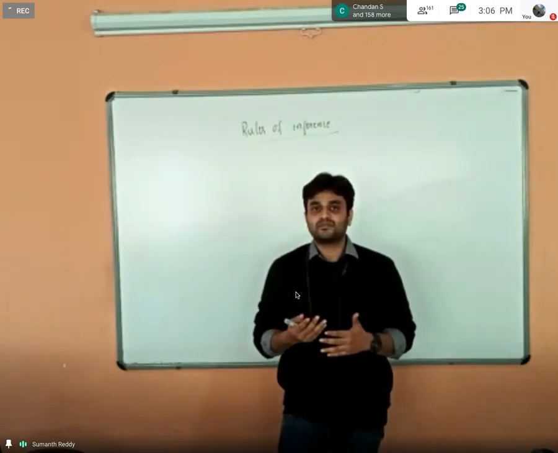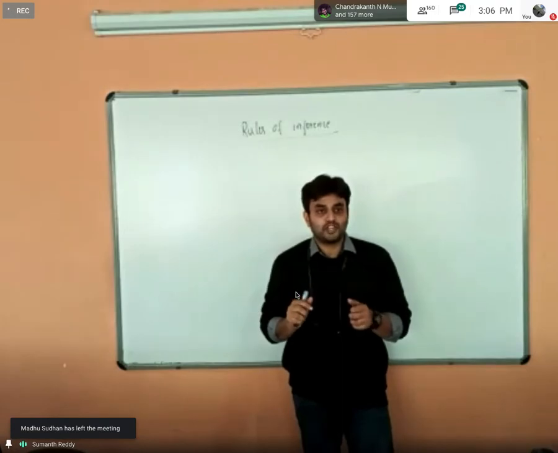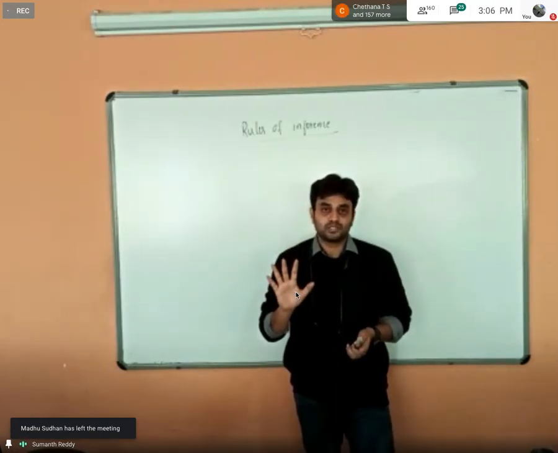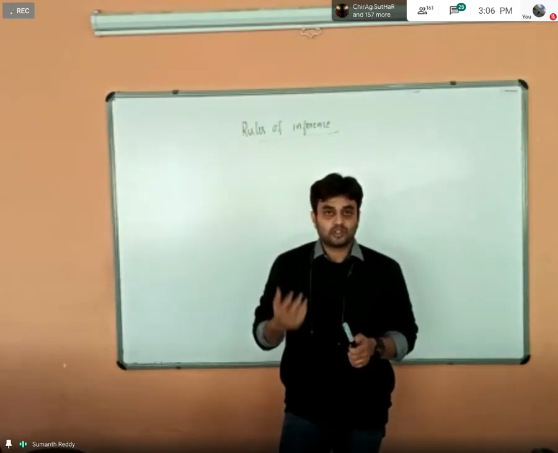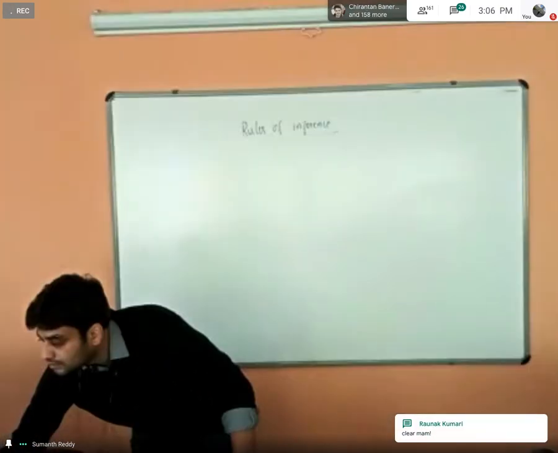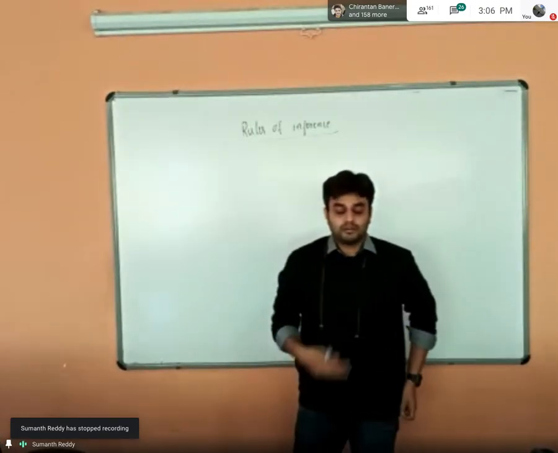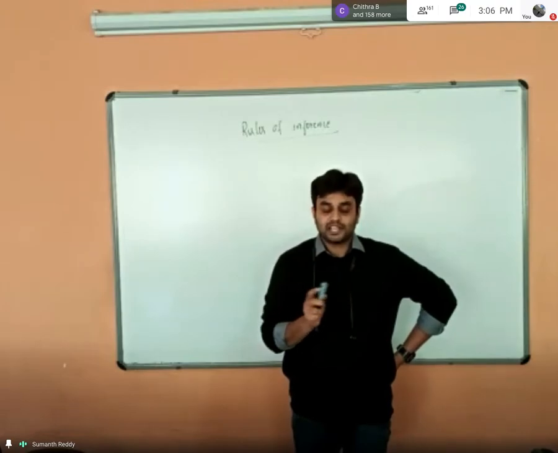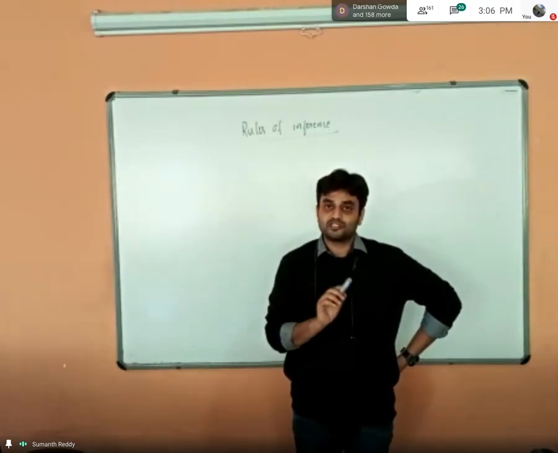How will you check whether it is valid or not? If it falls into any of the rules. For your syllabus there are 6 rules of inference, but I suggest you just remember the 5 rules. That is sufficient. The 6th rule is not required because you can solve the problems with just the 5 rules. Once you convert the argument into the mathematical representation, if it falls into any of the 5 rules, then it is a valid argument. Otherwise, it is not valid.